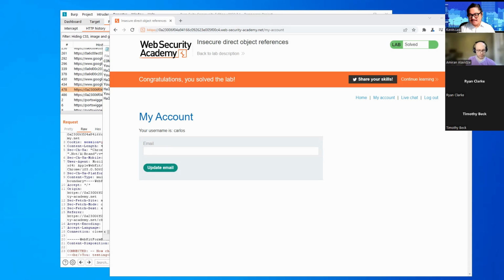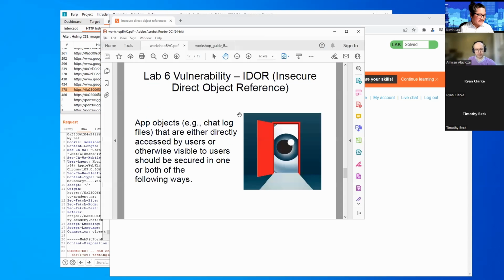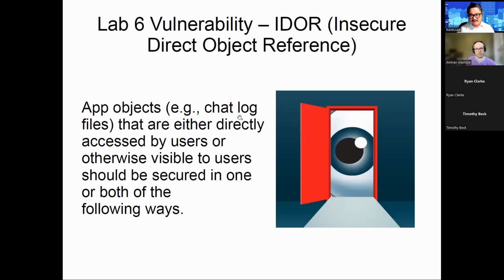Anthony has it right. He's taking everything very literally. Okay, everybody, let's take a look at the vulnerability in this lab. Thank you very much, Amaran.